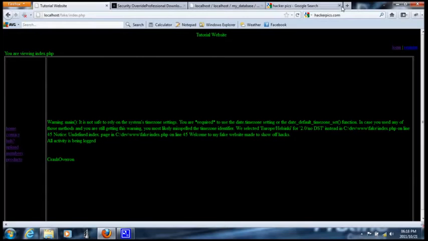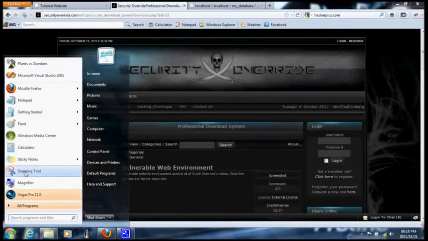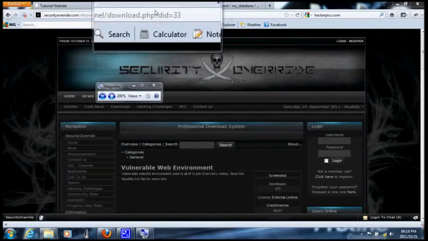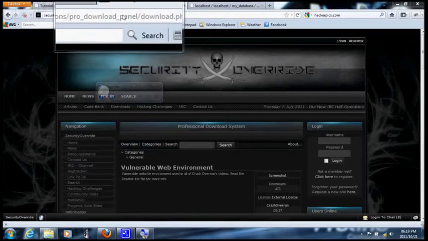So firstly, we go onto a site that is SQL vulnerable, and I have this site set up by Crash Overon, who must get all the credit for the site. The site is on my localhost, but you guys can download it from Security Override. Here's the URL here: securityoverride.com infusions pro download